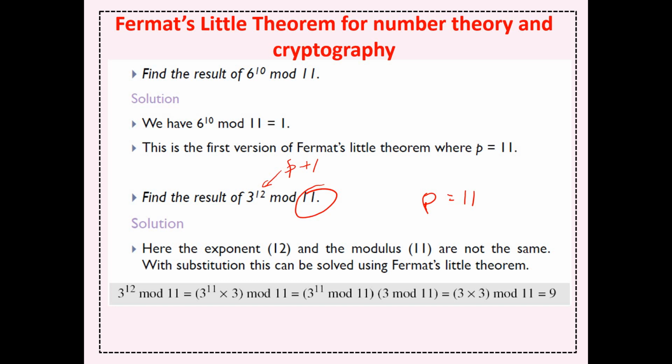Why actually? Because now we are going to decompose it in some way: 3 to the power 11 mod 11 multiplied by 3 mod 11. Now 3 mod 11 is very easy. We can say it is 3, very simply. And 3 to the power 11 mod 11, what can we do on that? Do we need to compute 3 to the power 11 and then divide by 11? No. Because if you observe that,